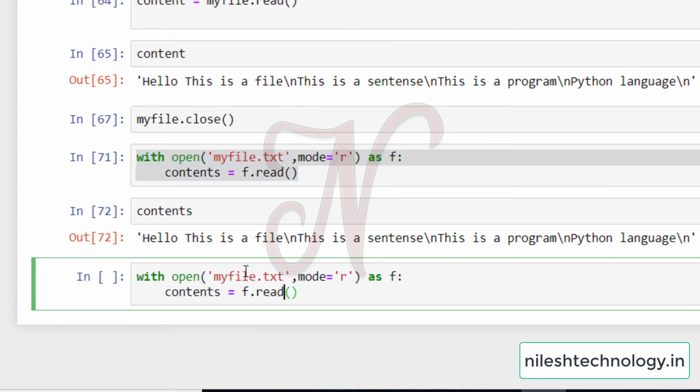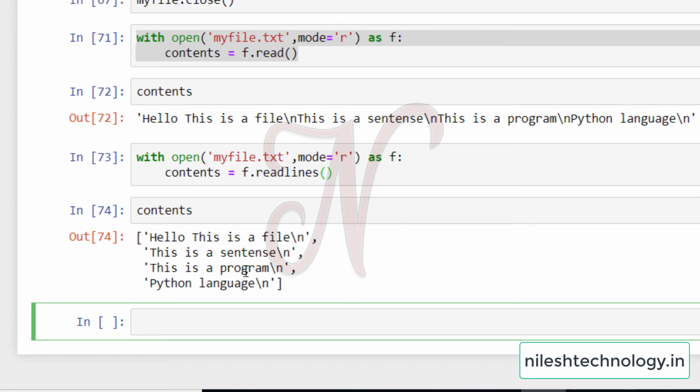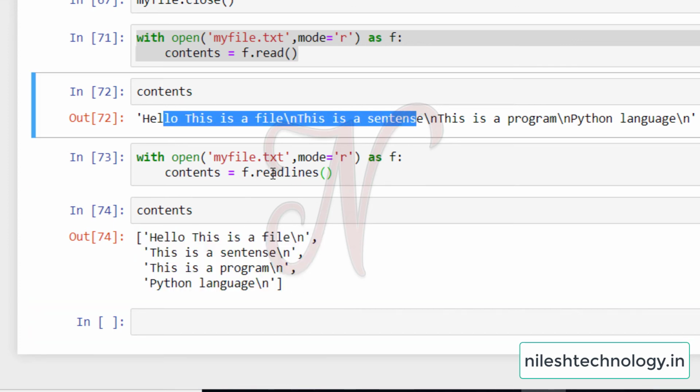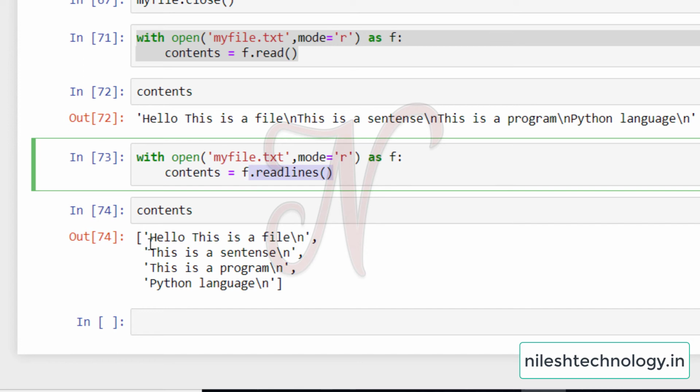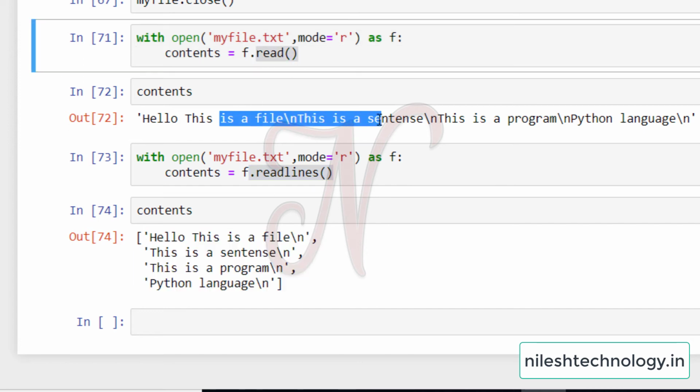There is one more function, that is readlines. By using this, the contents are printed in a list. So you can print the content as a list or as a string. The readlines function prints the content in a list, and the read function prints the content as a string.